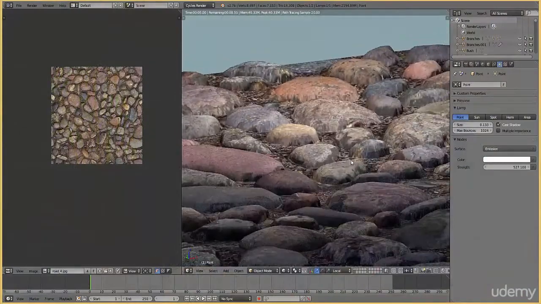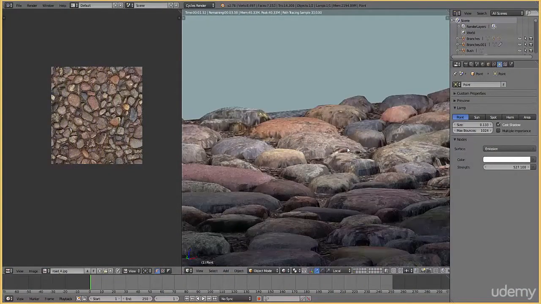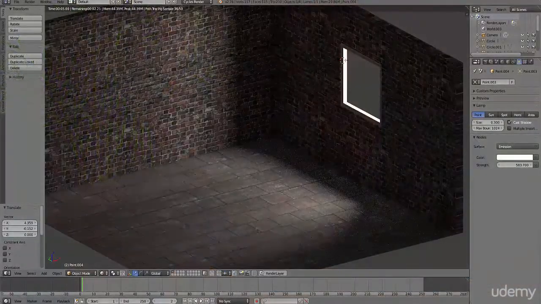We also will make a cobblestone path, a very nice one with lots of depth in it. We're creating all these cobblestones and making it look like a path. So when we have completed that, we're finished with chapter 7 and we go to chapter 8, which is all about